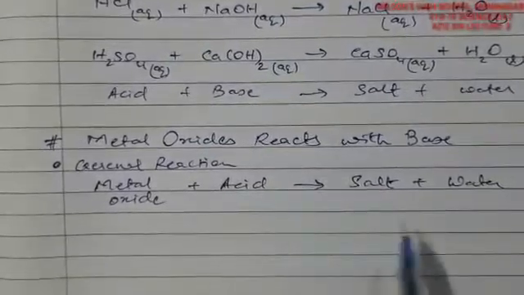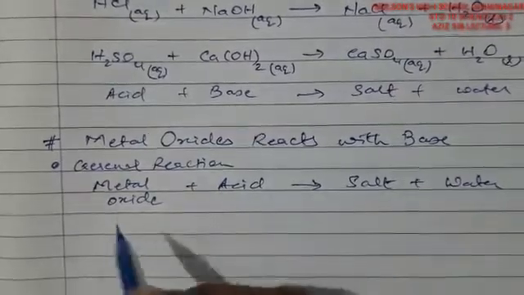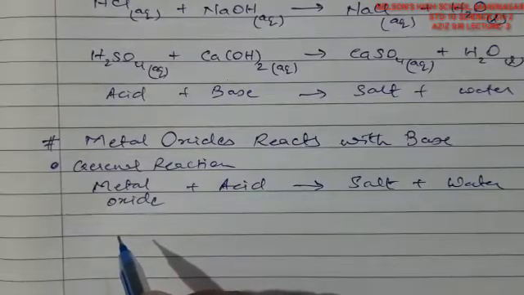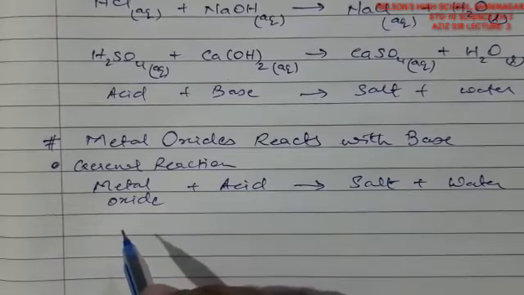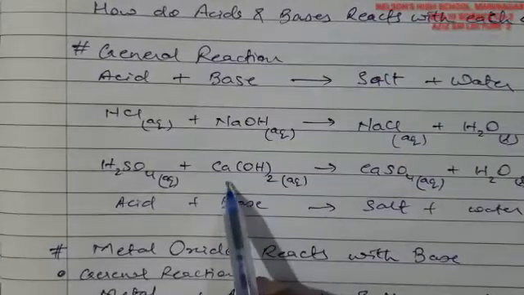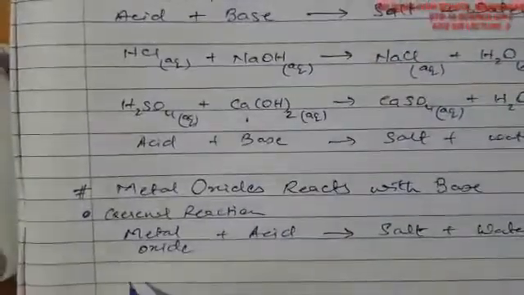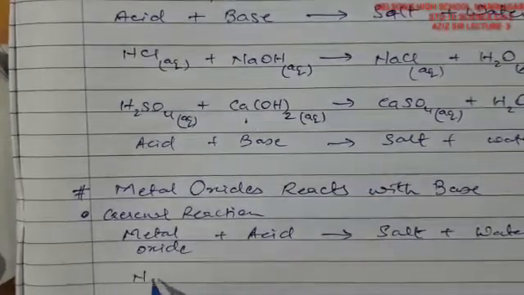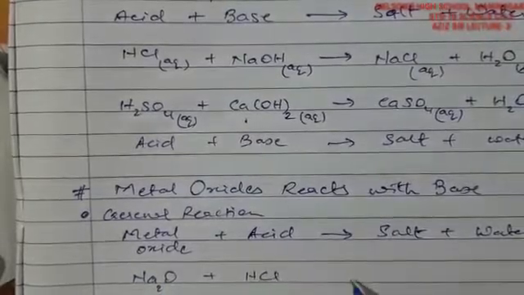Now if you see, the same type of reaction is seen: a metal oxide reacts with acid and gives salt and water. That shows that the metal oxide must be basic by its nature. So yes, all metal oxides, whichever metal oxide you take, are always basic by nature. We can take any example, as we have taken before, like calcium hydroxide, a metal hydroxide reacting with acid to give salt and water. We can also take oxides, like sodium oxide, Na2O, a metal oxide reacting with HCl, which gives salt and water.